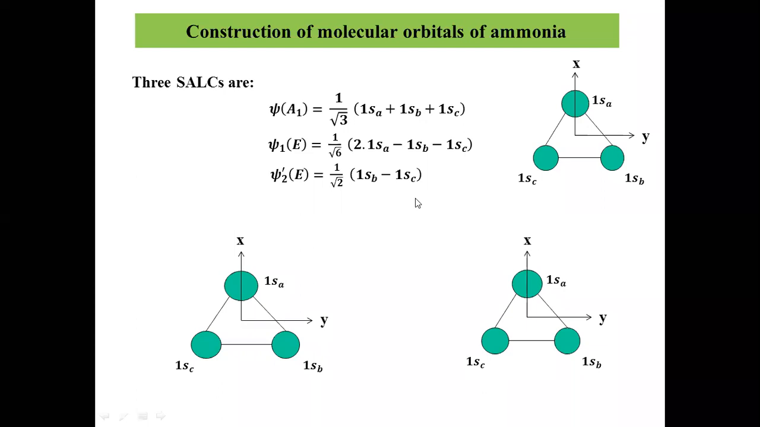Okay, so I think last class we stopped here, at 3 SALCs. One of them was the A1 type, which is basically the combination of all the 1s orbitals in the same phase, right? So therefore, they are going to be all positive. So if we do that, that means one is A, then one is B, then one is C,